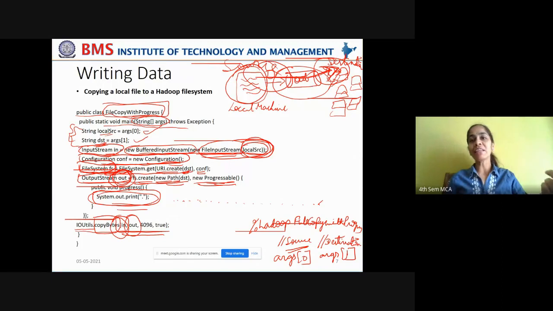In the previous case, this output stream was nothing but your console, your screen, your monitor. But in this case, the output stream is not connected to any monitor, but it is connected to another file on the HDFS cluster. Understood now?